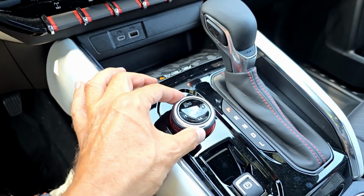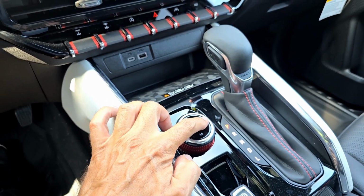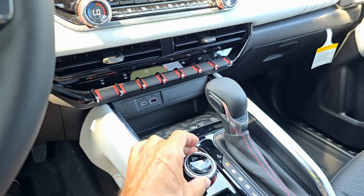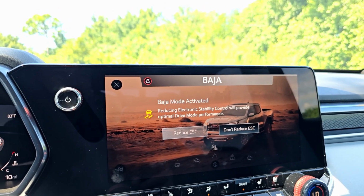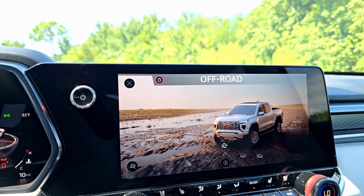Here's where you change drive modes. Okay, so push on it. Okay, 2 high, 4 low. Different modes as far as the driving modes. Okay, so let's see what they are. So we have the Baja. It says reducing electronic stability control. Okay, let's go back. Normal, off-road,